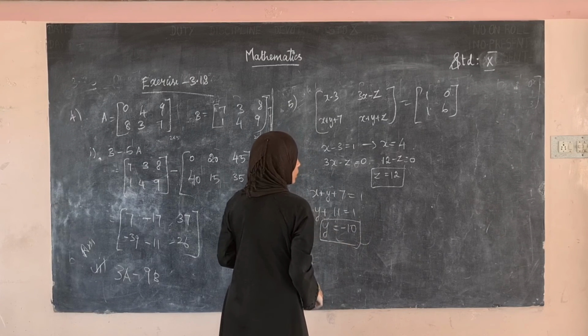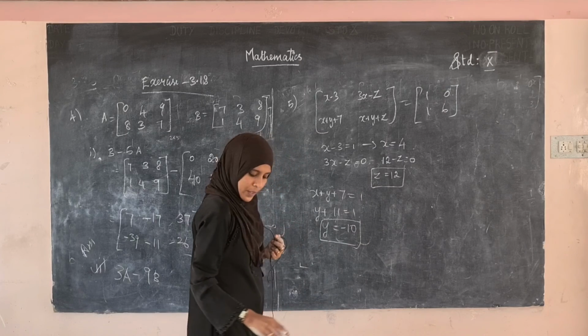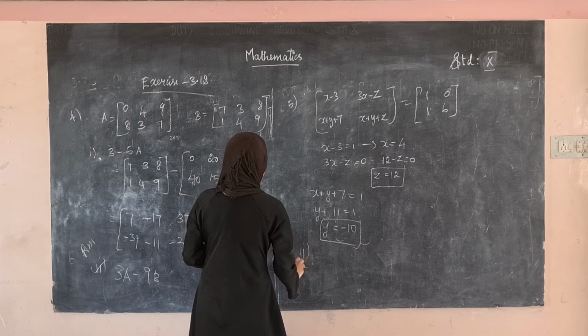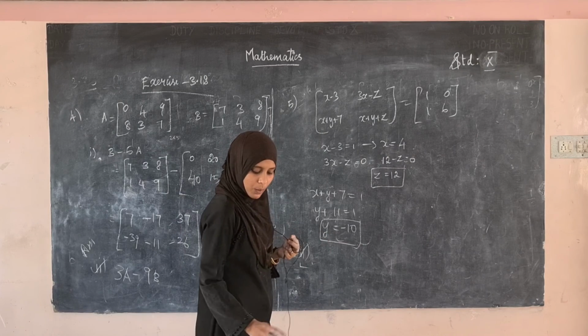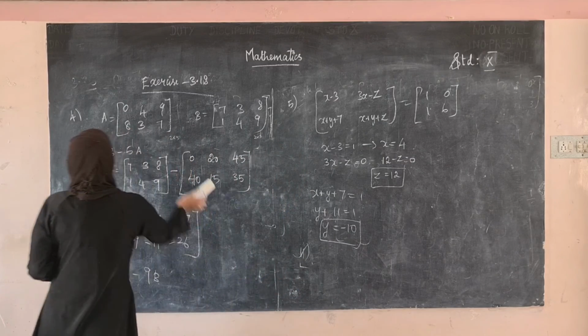X value is 4, y's value is minus 10, and z value is 12. Okay, similarly you have to find the second subdivision. Second subdivision, fifth sum is the assignment for you. Okay, next we have given